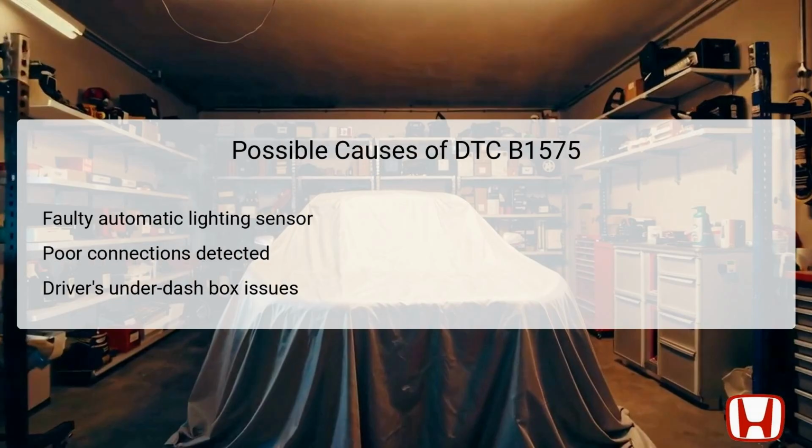The causes for encountering DTC B1575 can vary, but the primary culprits include a faulty automatic lighting sensor itself, which may fail due to wear or environmental factors. Another frequent issue arises from poor or loose connections between the sensor and the driver's under-dash fuse/relay box. This lack of a secure connection can cause intermittent signals or no signals at all to be sent, leading to